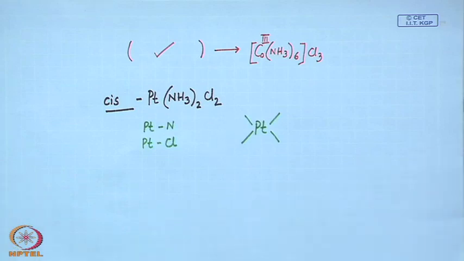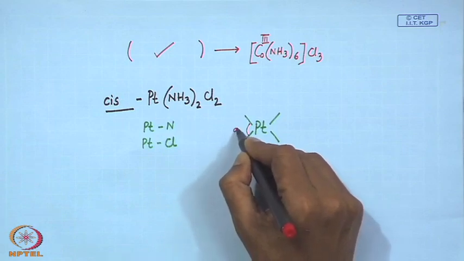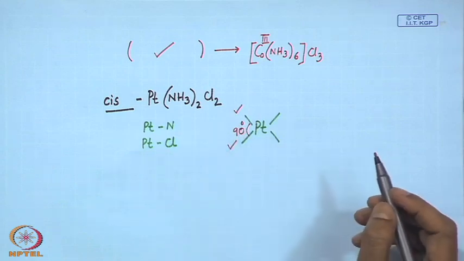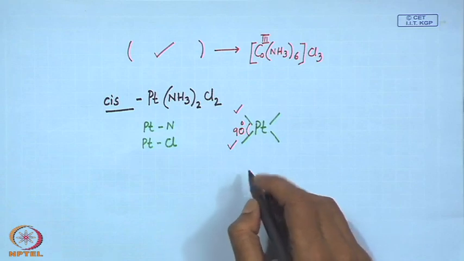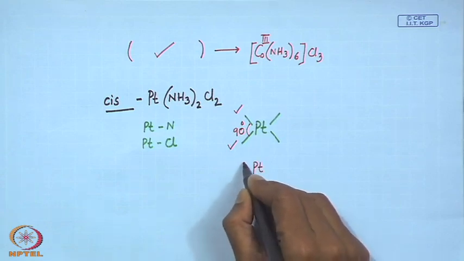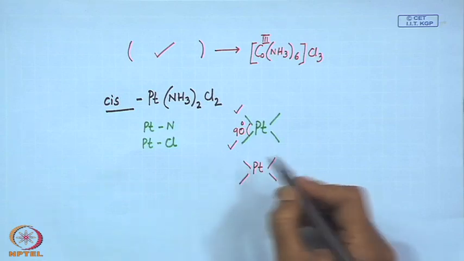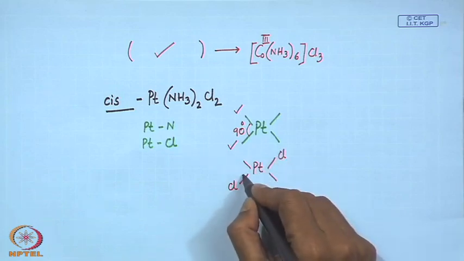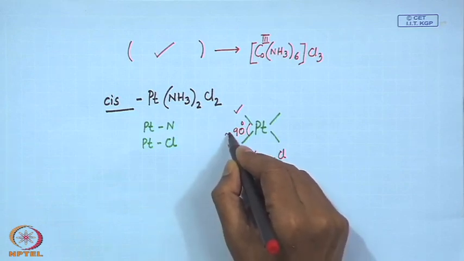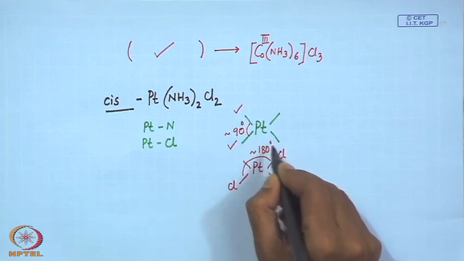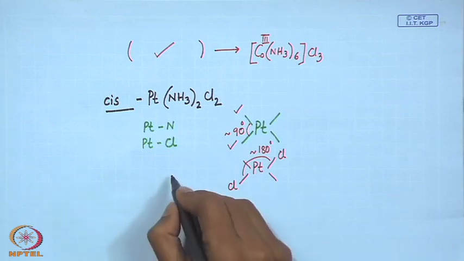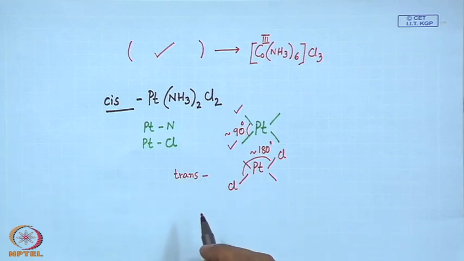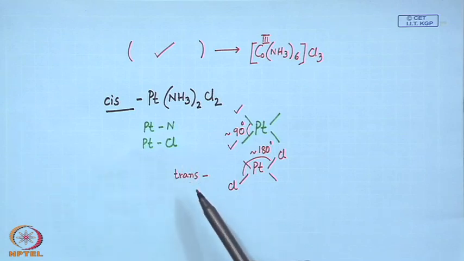So, if we see that if two of them are 90 degree, when these two positions are occupied by chloride, we call it as a cisplatin, but in another case when we have Cl in the opposite direction, that means they are about 180 degree apart, we consider them as trans. So, these are two nomenclature level for the isomeric forms, one is the cis form, another is the trans form,